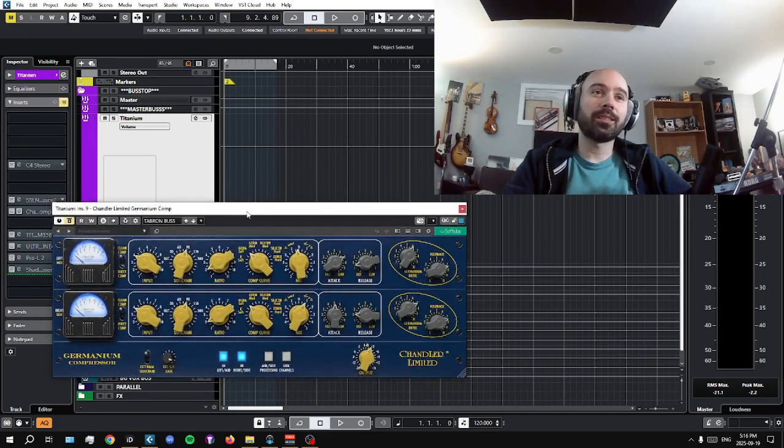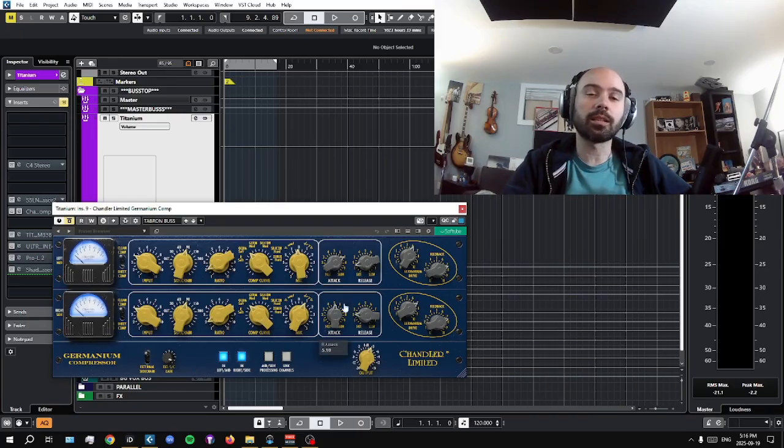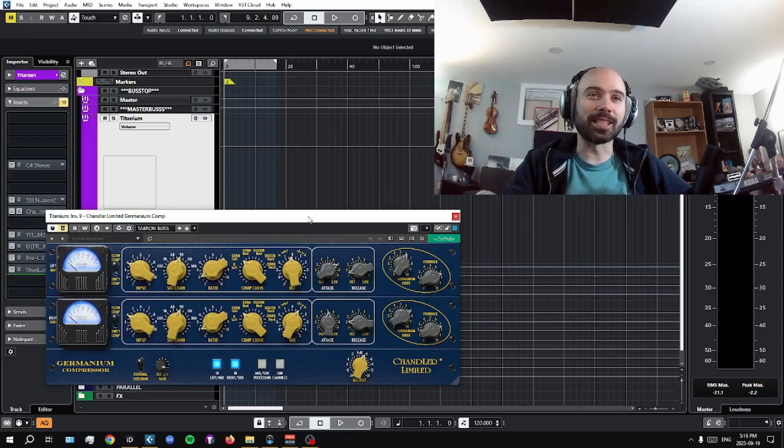The germanium here, honestly, I don't really use this guy very often. When it's the thing, oh my god, it can be amazing, but it's usually too much. It's really thick and gooey, and if you have something that's maybe thin, some acoustic thing, or I don't know, I mean it's hard to say. It depends on the mix. Maybe just the way I mix doesn't jive with it that often, but it's very much not the thing unless you find a track where it is, and then it's very much the thing. So anyways,